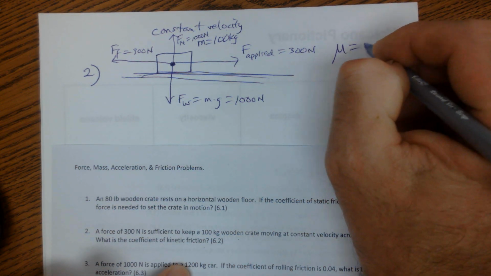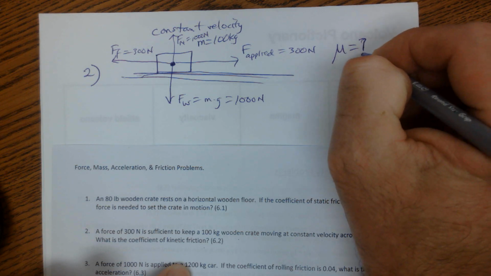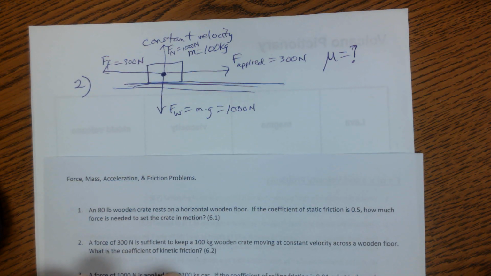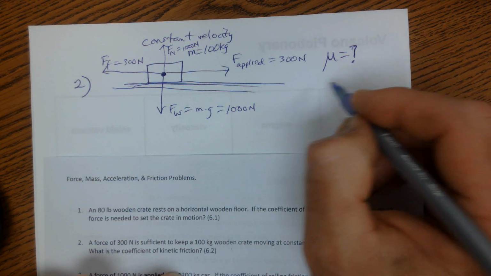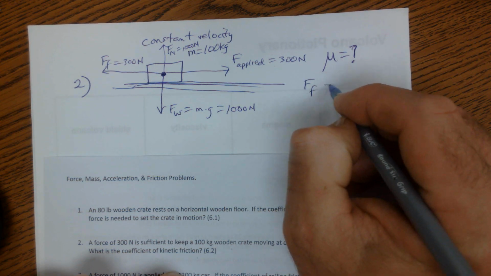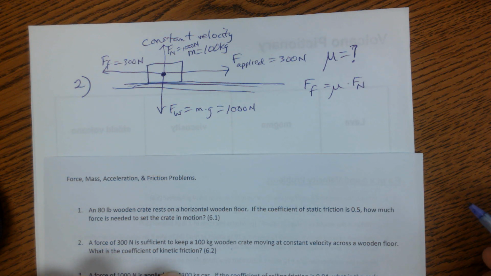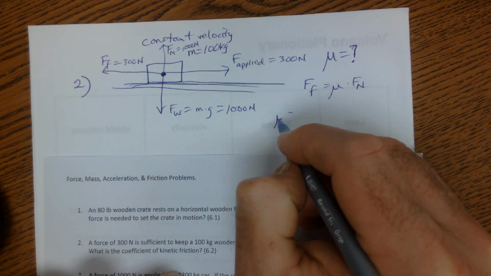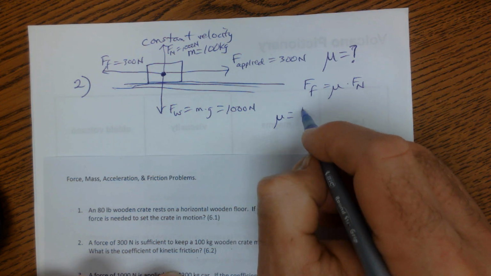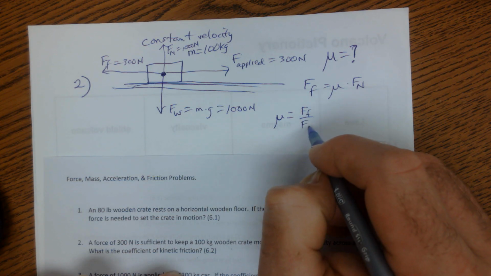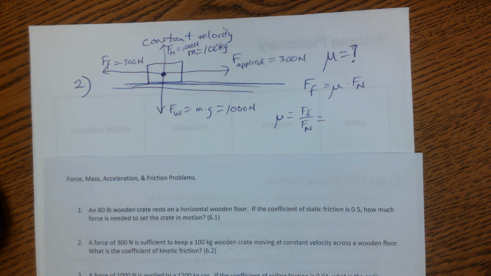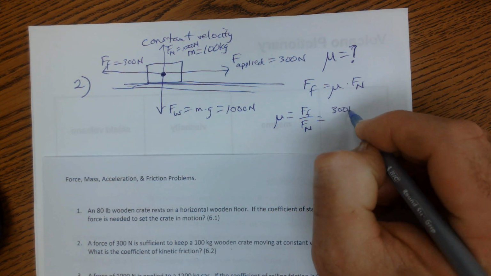And the question was, what's my coefficient of friction? On this point, you have to go back and remember that the force of friction is equal to mu times the normal force. With a little algebra magic, we'll just say that mu is the force of friction divided by the normal force. And then we'll just go ahead and divide it. 300 newtons